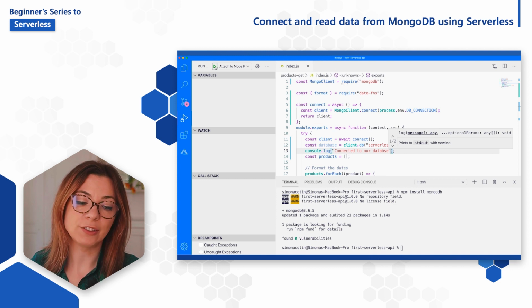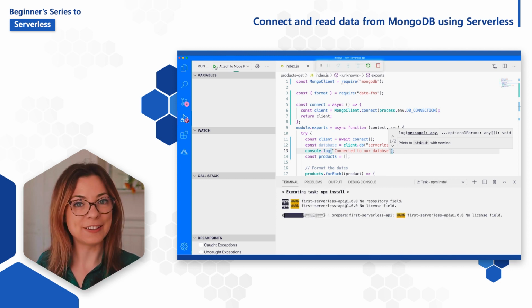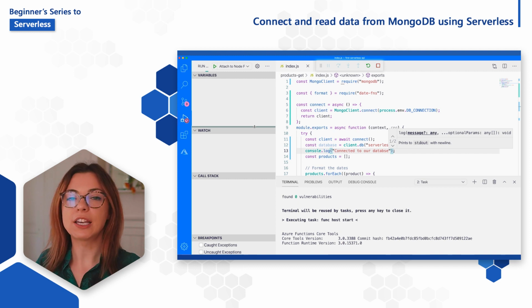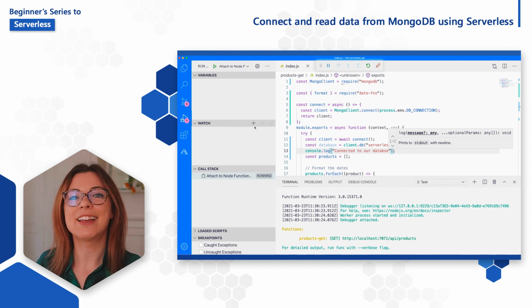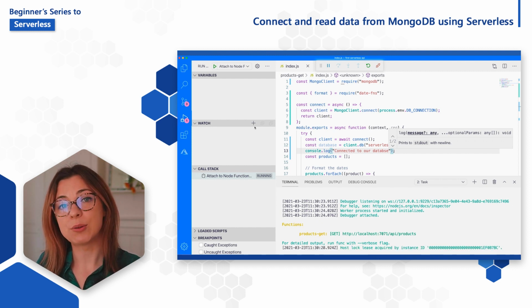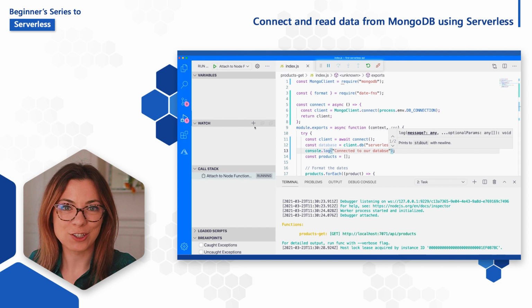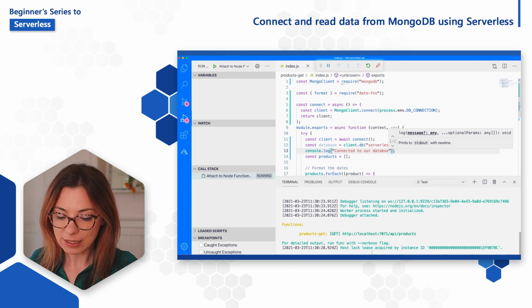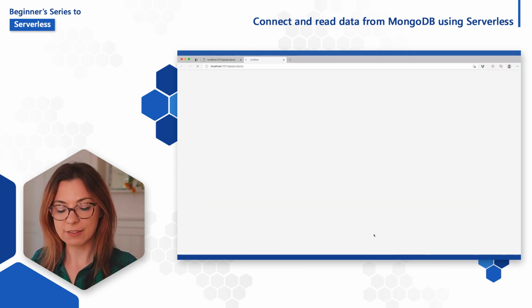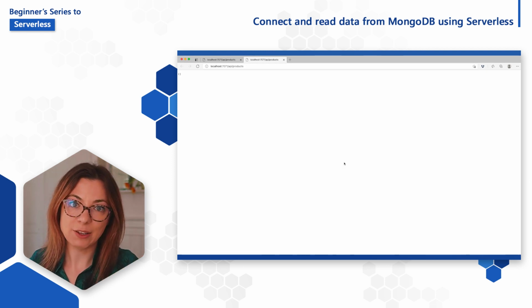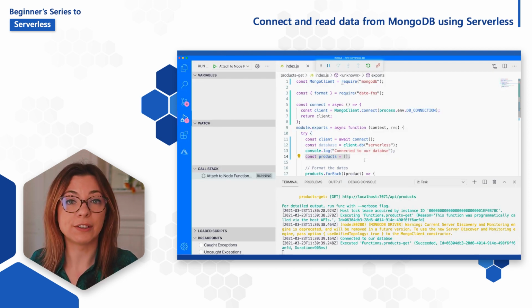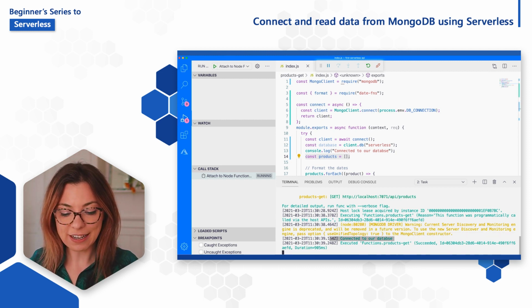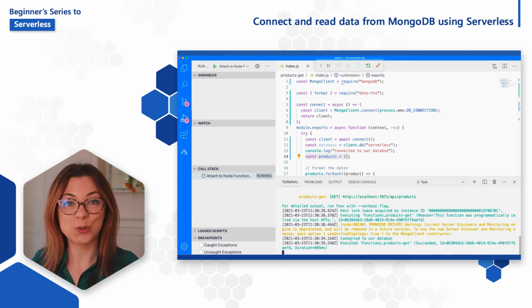In the debug panel here, I will click the play button. And what this will do is it will kick off the Azure Functions runtime directly on my local machine, which will then allow me to run my application locally and debug my serverless functions very easily using VS Code. So let's first inspect what our serverless API endpoint returns now. You can see here it's an empty array, which makes sense because that's what we defined our list of products to be. We can also see the console log message connected to our database.